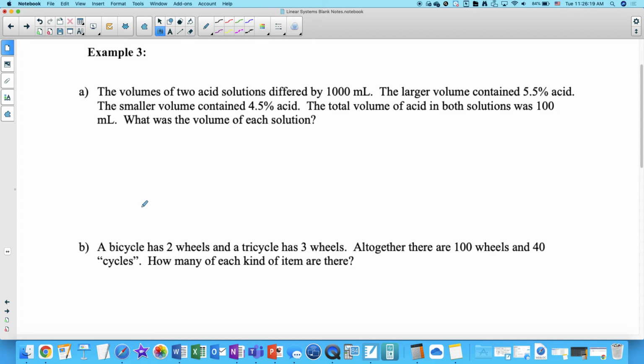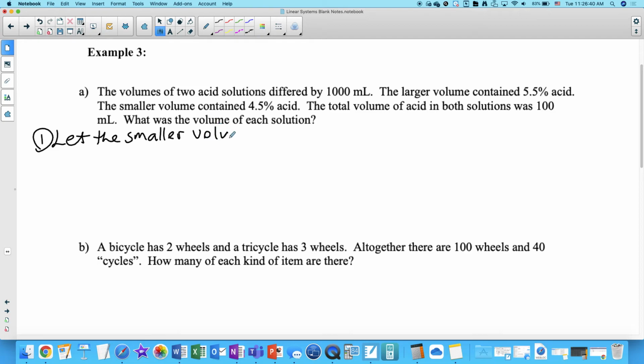The volume of each solution. And how can we distinguish the two solutions from one another? Yeah, size, right? One of them's smaller, one of them's larger. Okay, so in step 1, let the smaller